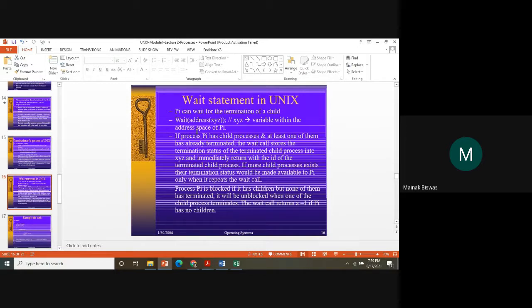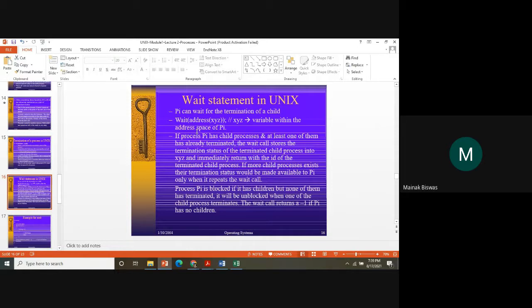So in the wait command, it gives an address where the terminated child's ID can be stored. So whenever it does wait address XYZ, the XYZ represents a variable within the address space of the parent process. Now, if the process PI has child processes and at least one of them has already terminated, the wait call stores the termination status of the terminated child process into XYZ and immediately returns with the ID of the terminated child process.